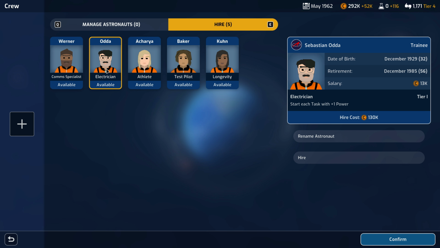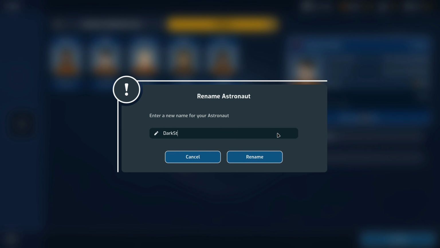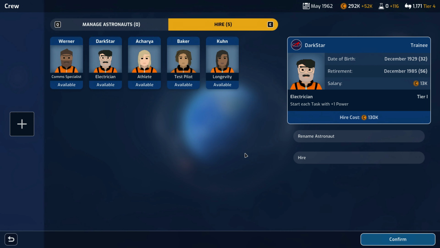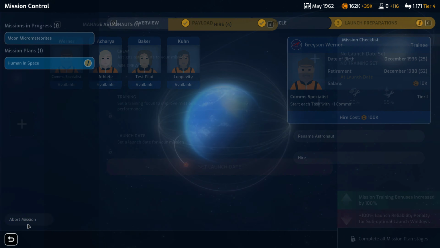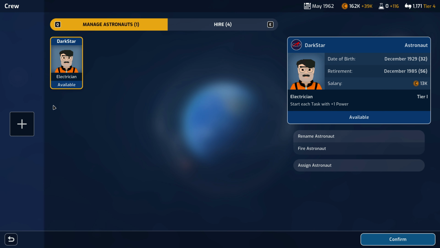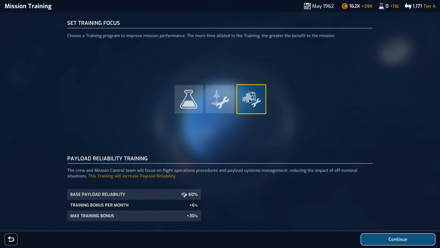And I'm thinking, honestly, I'm thinking you're going to be an electrician, Darkstar, because that's a fairly valuable each task with +1 power. Wow, that's hard to pass up. That's really hard to pass up. Okay, so you will be assigned. And then training focus for this mission will be